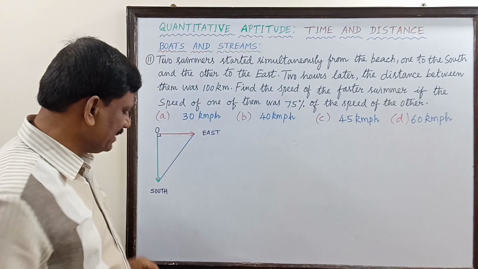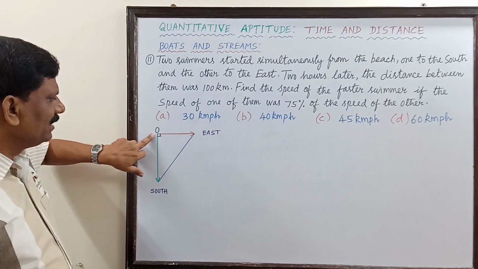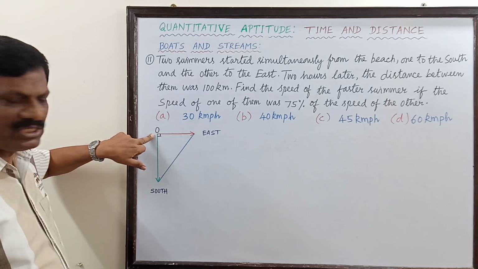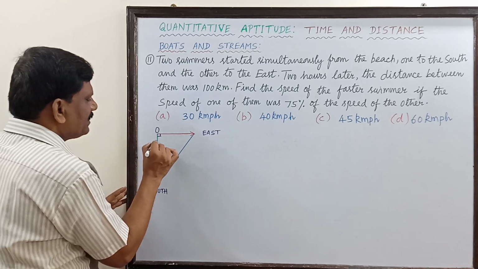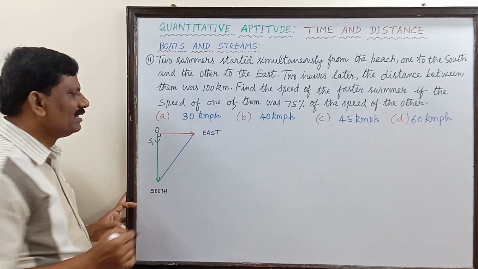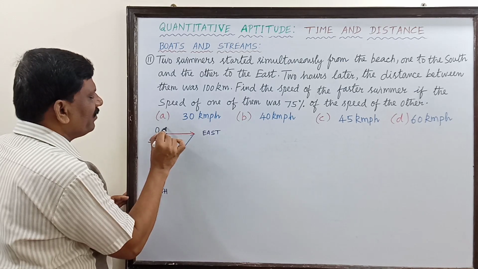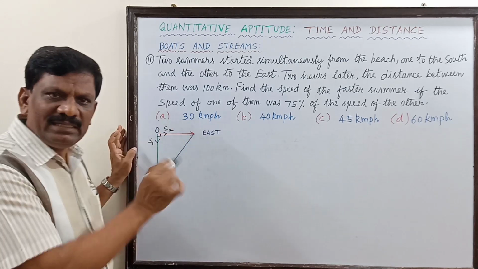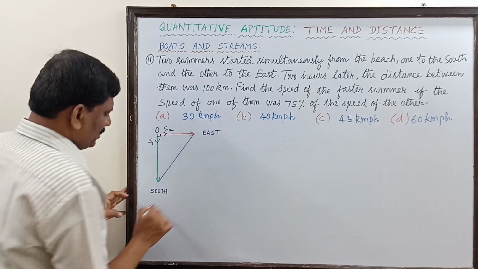Let us try to understand by drawing a schematic diagram. Now let O be the starting point on the beach. So one is heading towards the south with the speed S1. And the other one has started with the average speed of S2 along the east direction. So after 2 hours,